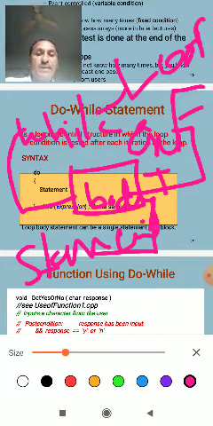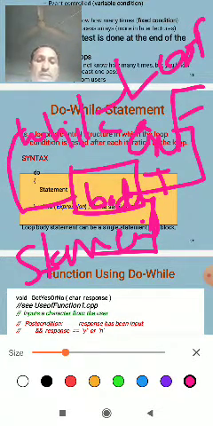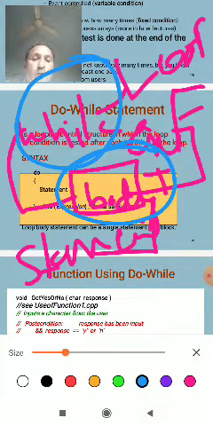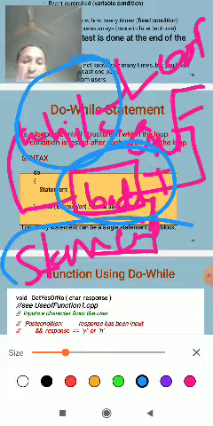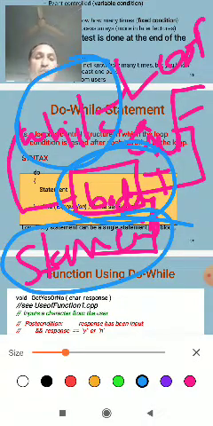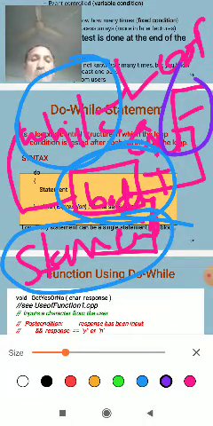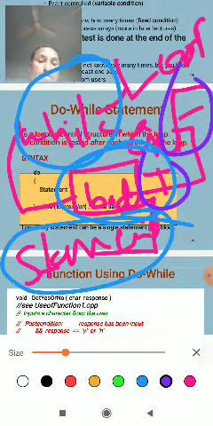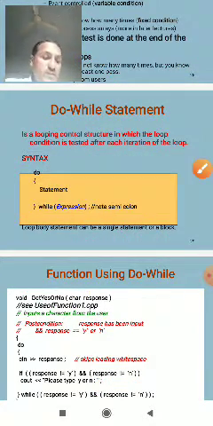Then take an example and give the statements. This is called a while loop, and this is called the body of the loop. This gives the results, true and false. This is the body of the program.